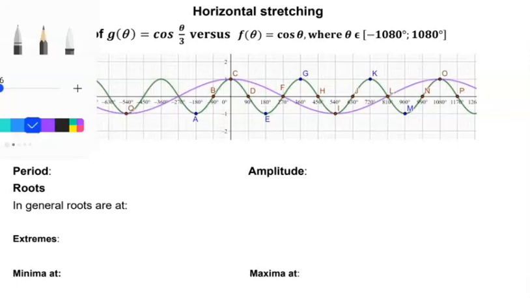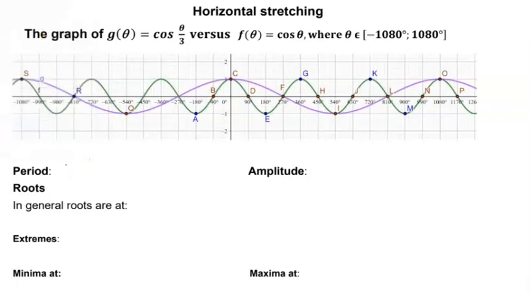It will now be 360 degrees times 3. Here we divide by 3 and here we multiply by 3. So it's the inverted operation. So divide by 3 and times by 3. The period now becomes 1080